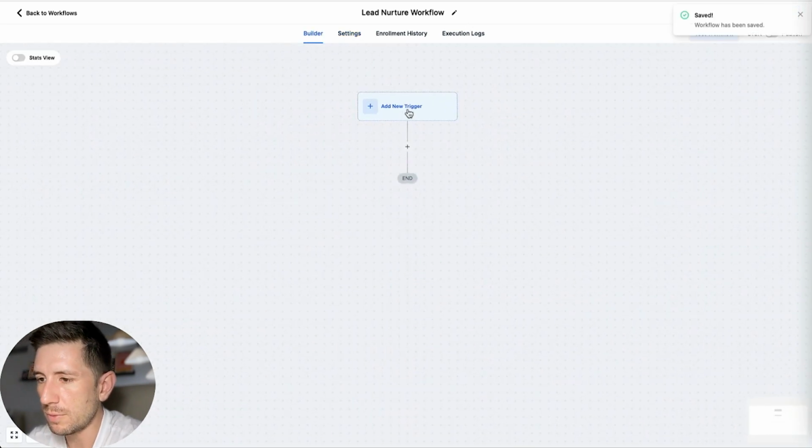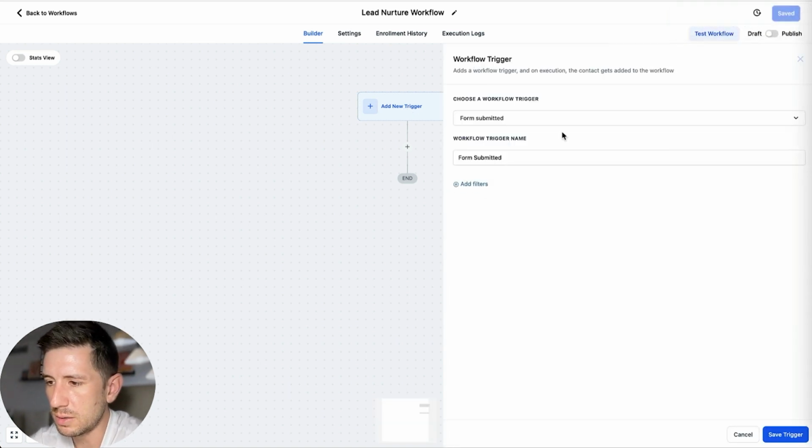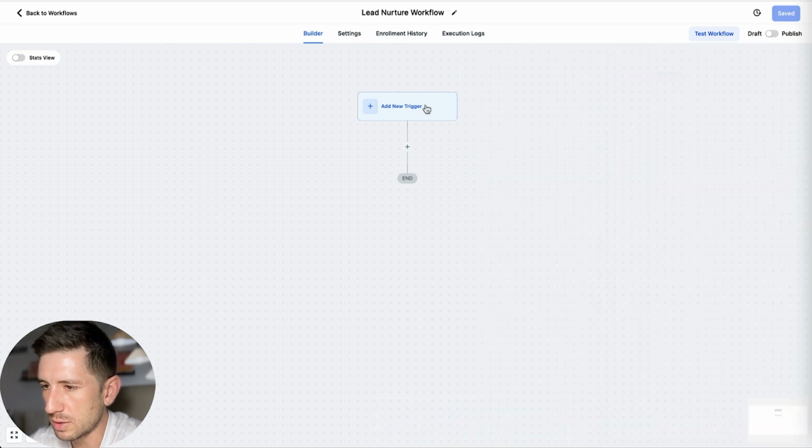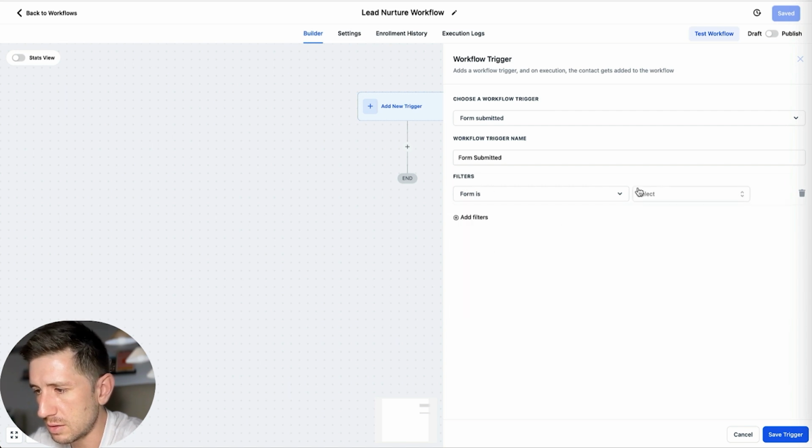and go on to our builder. So our trigger is going to be our form. So form submitted, and let's actually go back and look at those, right? So our trigger form, we have a couple of different form types of submissions that we can do. An order form submission, so if you are actually selling a product that someone's paying for right there on the landing page, you can do that. LinkedIn lead form, so if you're running ads on LinkedIn. TikTok forms or Facebook lead forms. These are all different forms that you can use. In my case, I'm going to use form submitted from a landing page. I will select my form,